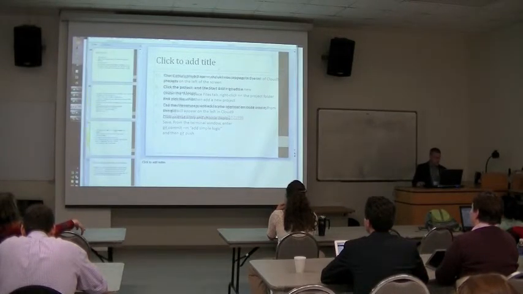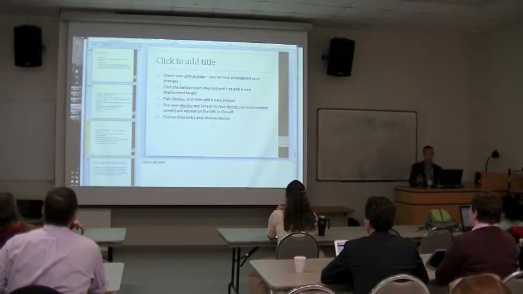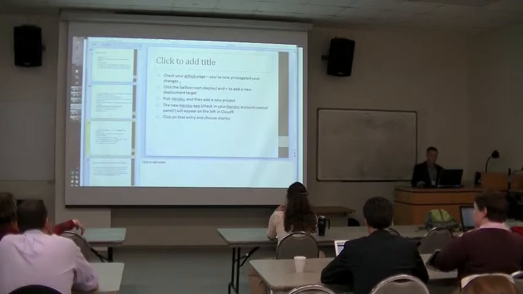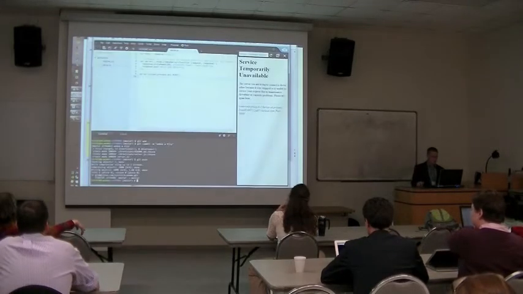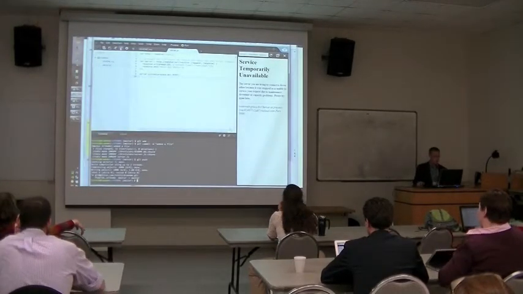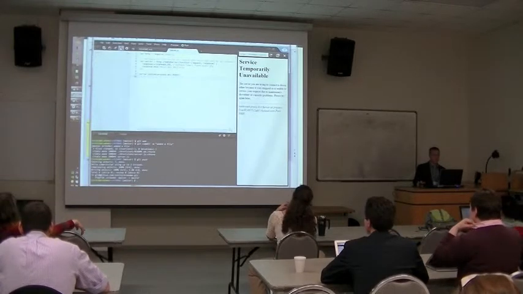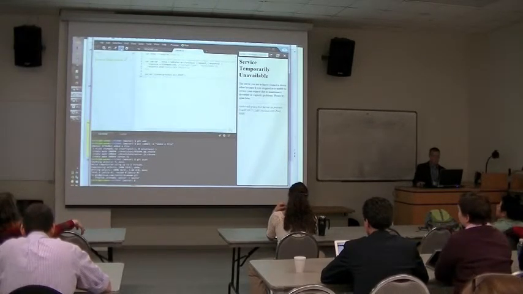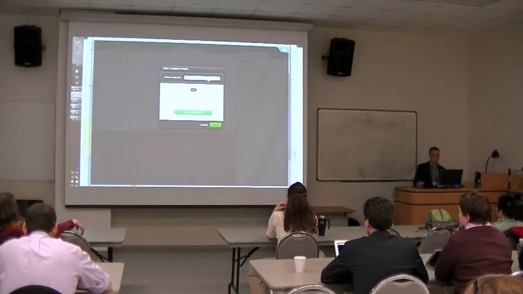So that gets me to here, and what I want to do now is deploy it. So to deploy this app, we want to send this over to Heroku to run it. So the way we're going to do that is we're going to come over here. We're going to click on the balloon. So the balloon icon means deploy. So the upper left, we're going to click the balloon icon, and we're going to create a deploy server. So over here, I'm going to click the plus to create a new deployment target.